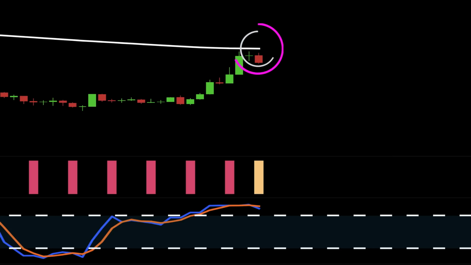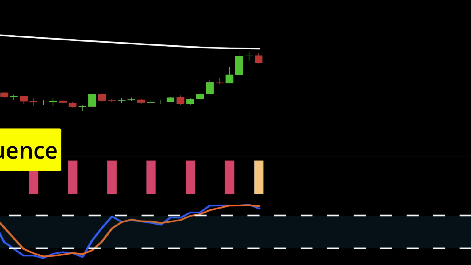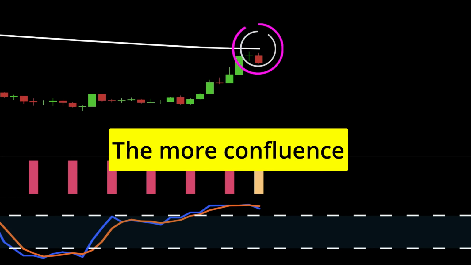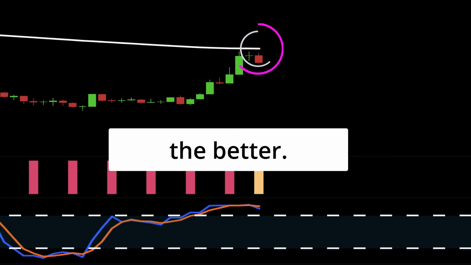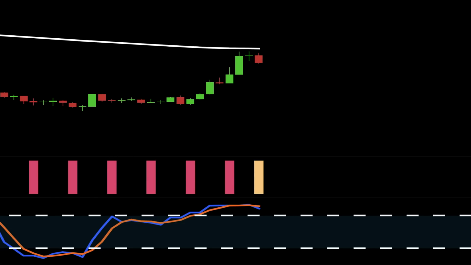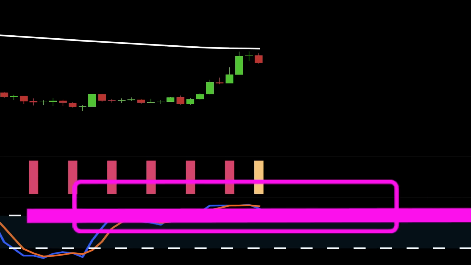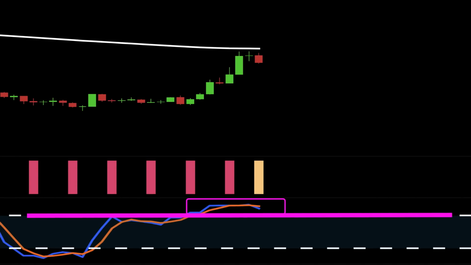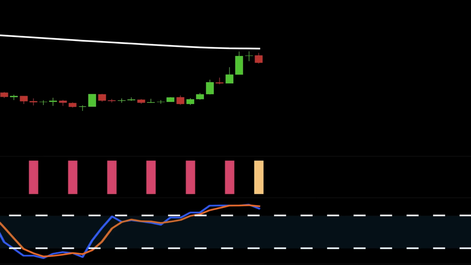Price closes below the 200 EMA, and in this example, we actually get the added confluence of a 200 EMA rejection. Second, the chop zone indicator is pink for the previous 3 bars. The current bar in yellow is superfluous. Third, the stochastic RSI is in the overbought zone. And finally, we get the cross down of the stochastic RSI. We have our confluence when this candle closes.